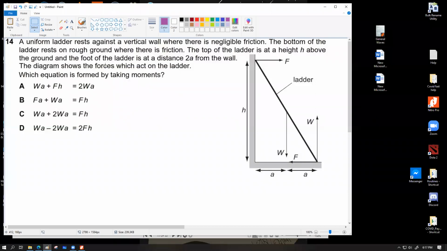Now, like I said, the question says that it rests against a vertical wall. Try to understand the meaning of this. Rests against a vertical wall means it is currently stationary, which means the moments are perfectly balanced. So honestly speaking, we can choose to take moments about any point that we consider convenient. We have that opportunity. So the smartest choice for this kind of scenario is to take moments about